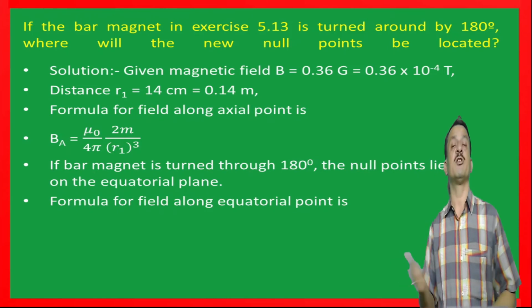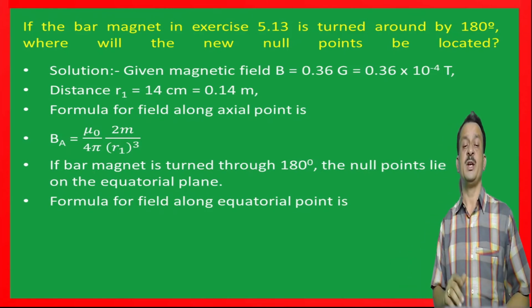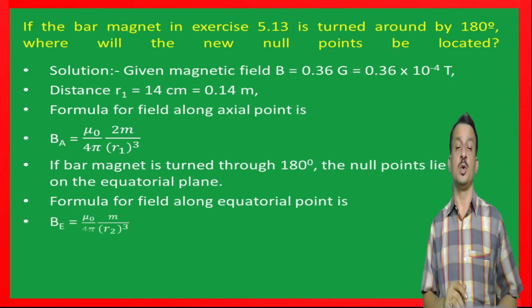Then the formula for the equatorial point is BE is equal to mu naught divided by 4 pi into m